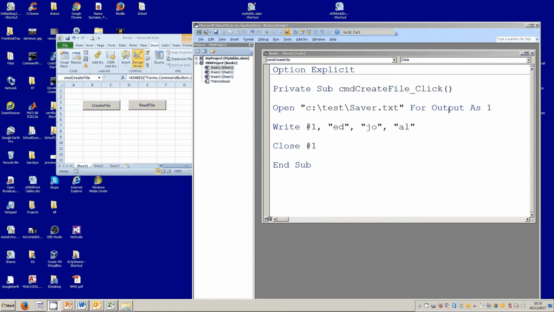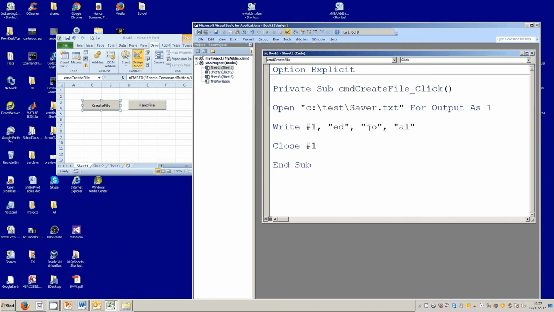So you can see we're saving it from memory to disk, and that means we're opening for output from the computer onto the disk. Now this thing here is a file handle, and you need to keep the same number consistently throughout your program. So it says write to file number 1, close file number 1, because we defined our file handle as 1. We could have said 2 all the way through. I'll show you how to find the next available file handle in a moment, but for the moment we can